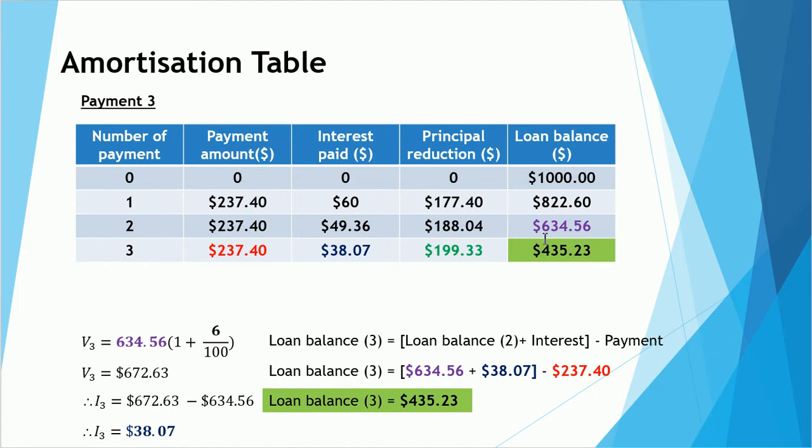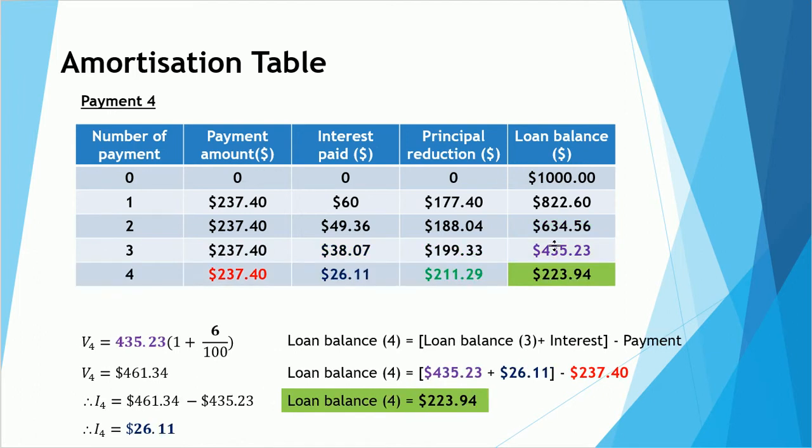We continue this on. A starting value at the end of the second payment of $634.56. We multiply that by 1.06, and that gives us now a new value of $672.63, or if you like, an interest now of $38.07. So we take that from our $237.40. That means this time we're going to be reducing our principal by $199.33, and we have it written out here. Our loan amount at the end of the second payment was $634.56. We have to add on the interest we owe of $38.07, and then we take away our payment of $237.40, and the loan after the third payment is reduced now to